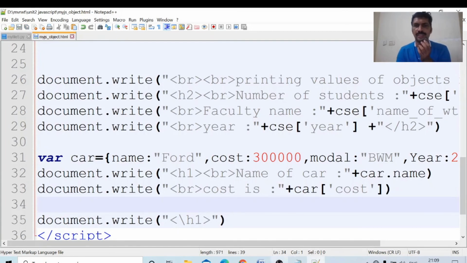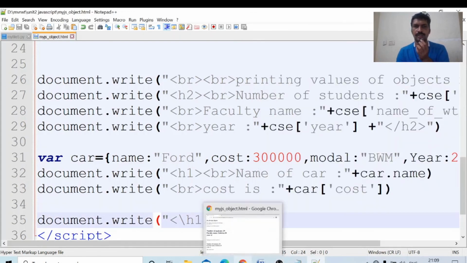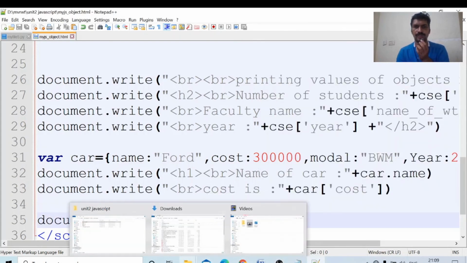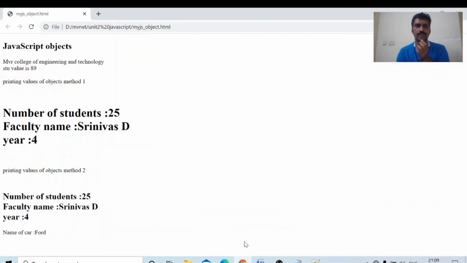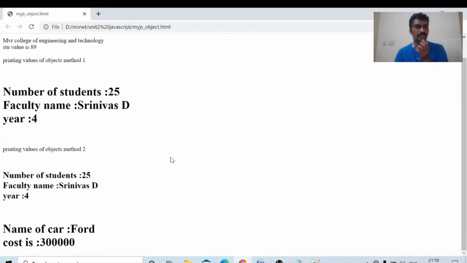Okay, what is the other method? This is also allowed within the rectangular braces, cost. Okay, using the dot operator, using this one, I am printing this. Control S, save this file. Now I am opening this file in the browser.